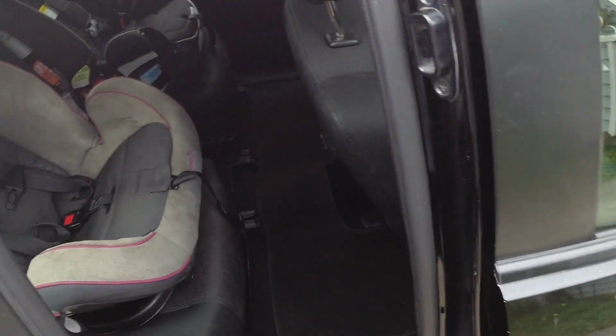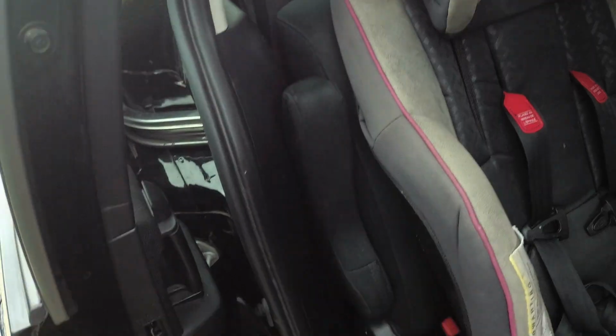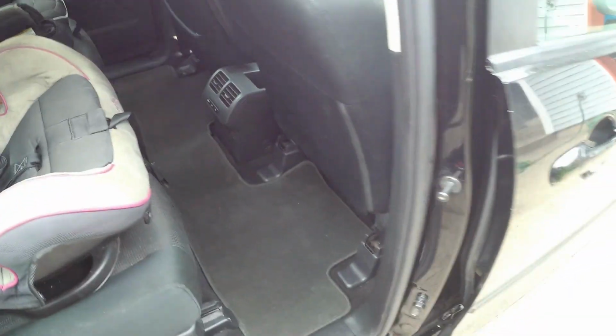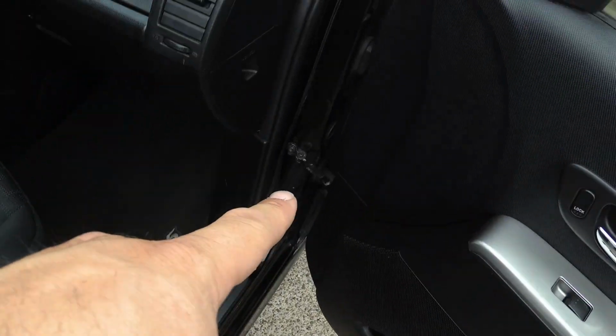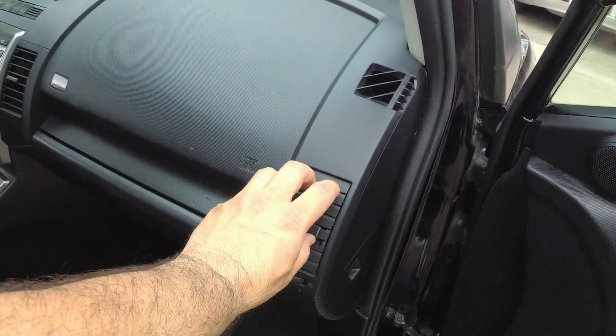Come around to this. Even cleaned up in here in the racks and the rails, all back in here where it gets all super dirty is all clean. Got all in here all clean. Carpet's looking really nice. Upholstery's looking good. Same thing within here. Did in the doors and in the jambs, all up in there. And then I even